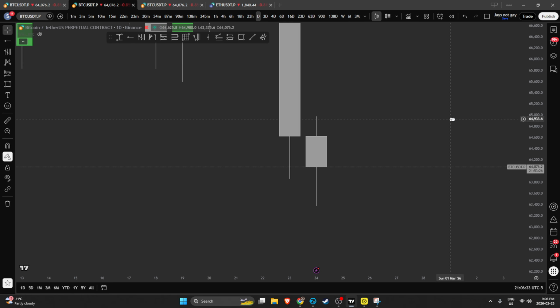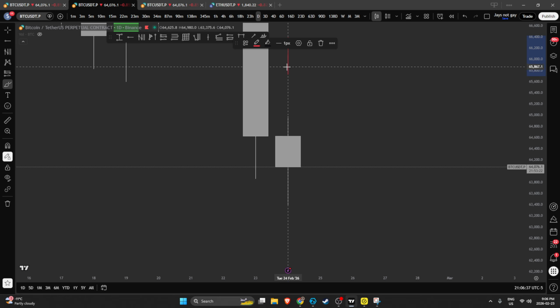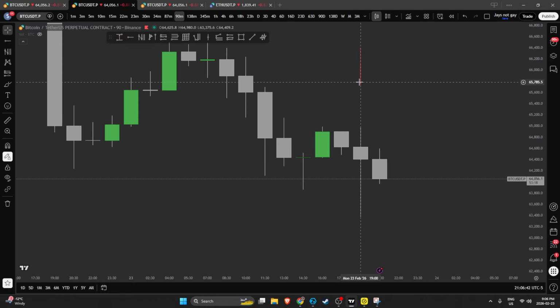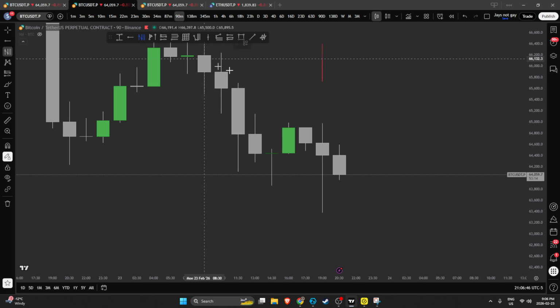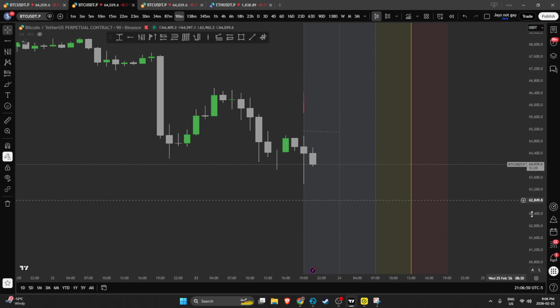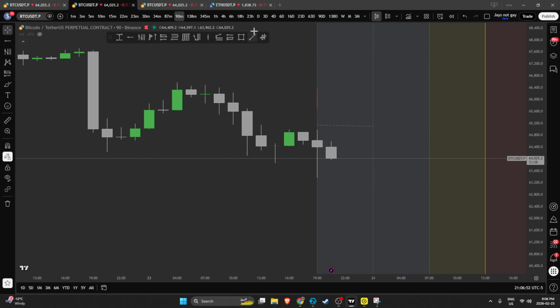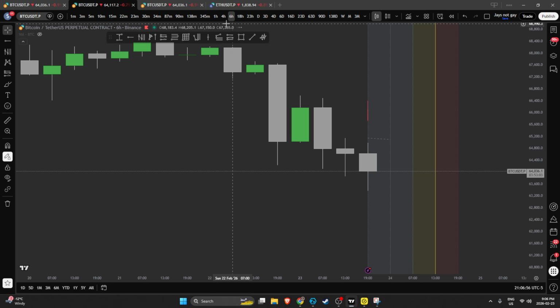If you guys don't know where the daily candle starts, an easy way is to just grab your brush tool, put it right at the start, and if you hop back on the lower time frame, let's say the 90-minute, this will tell you it starts at 19, right? So again, let me just draw this out one more time. This is currently our daily candle, right? And if you go on the daily, it's going to look the same as the 6 hour. They're the exact same candles, guys.